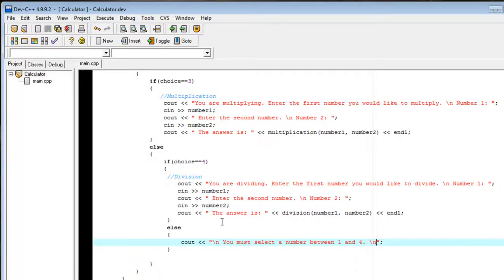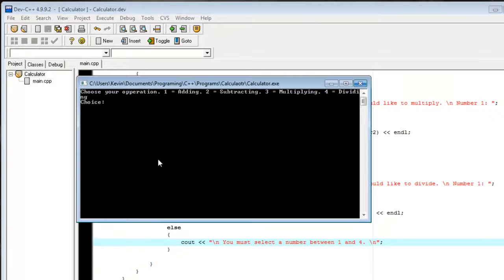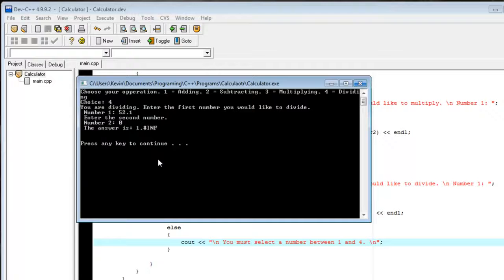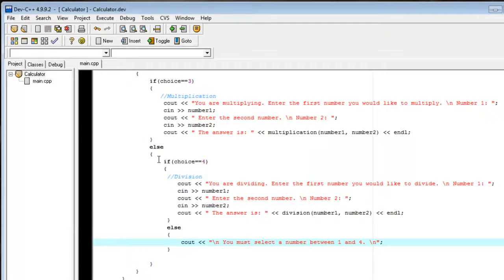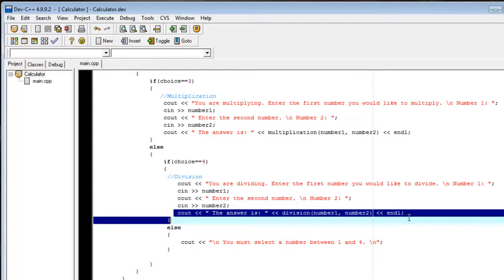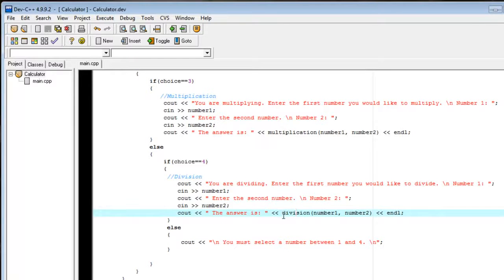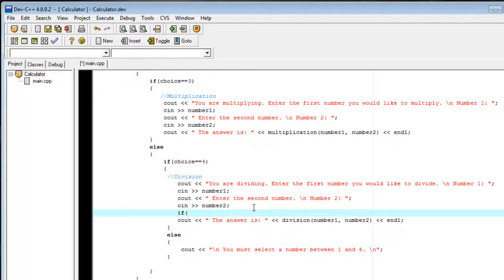But there's also another problem with our division function. If we run it again, we choose 4, 52.1 divided by 0 is not 1 point infinity. It should be undefined. So we're going to add that function to our calculator right now. Before we call this cout, which prints the answer to the division function right here, we're going to just do an if evaluation of number 2. So we're going to say if number 2 equals 0,